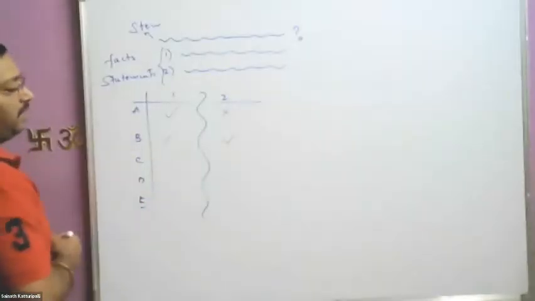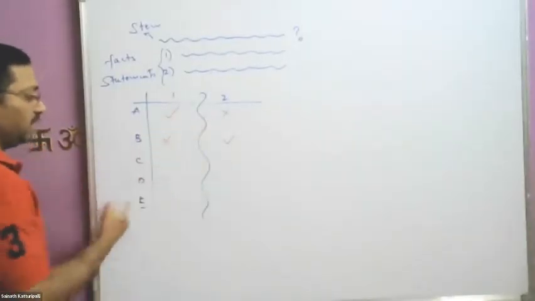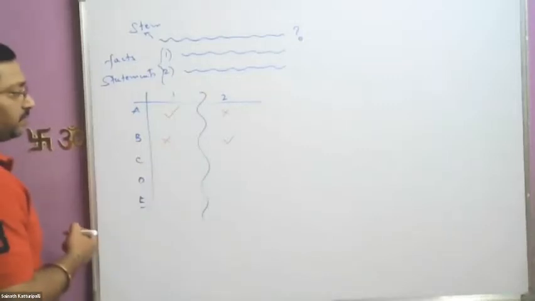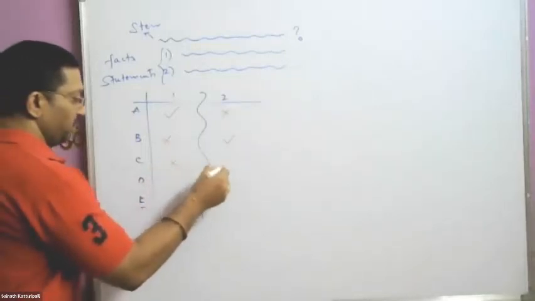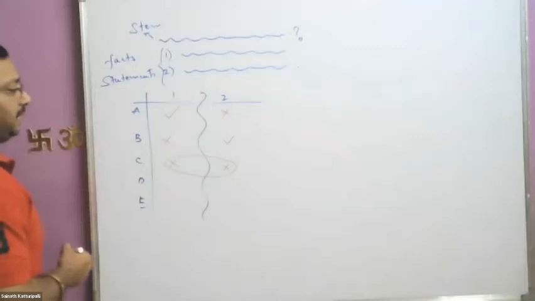Sufficient. Yes. And B. B, statement 2 alone is sufficient and statement 1 is not needed. Again, you're missing it. Statement 1 alone not sufficient. Statement 2 alone sufficient. Next. Both together are sufficient. Each of the statements alone not sufficient, but together sufficient. Yeah. That is C. And next D.